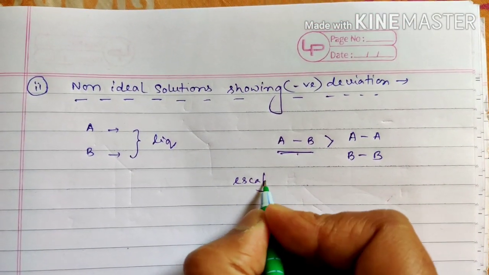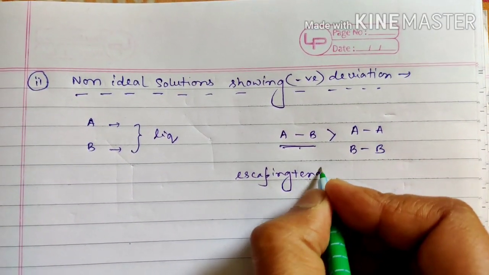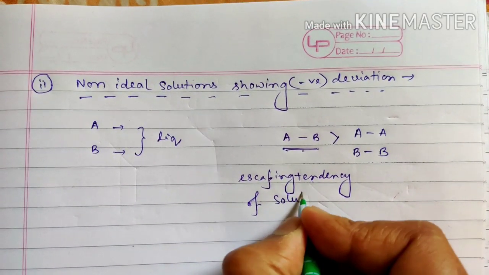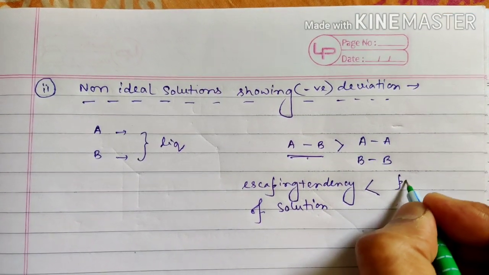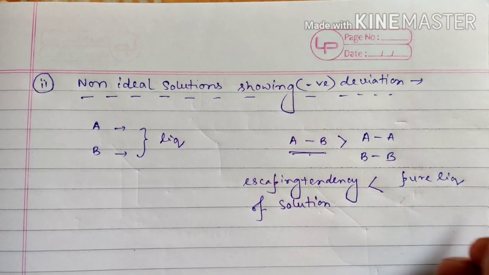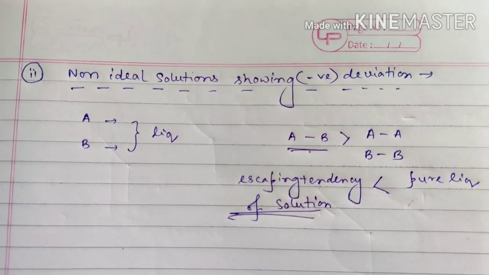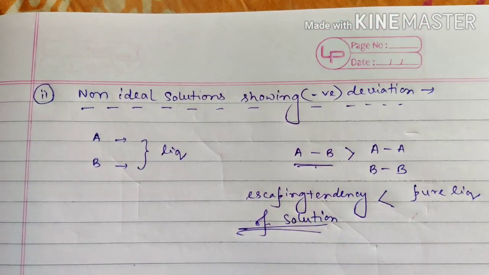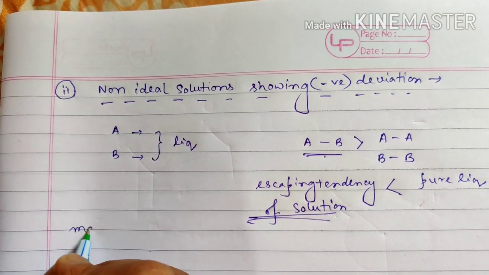So escaping tendency of solution will be less than that of pure liquids. So if the escaping tendency is less, a smaller amount of vapors is going to be generated after forming the solution. So as a result of it, if we write down mathematically,